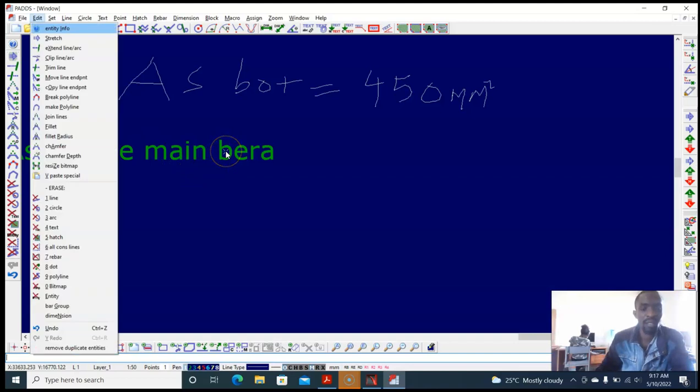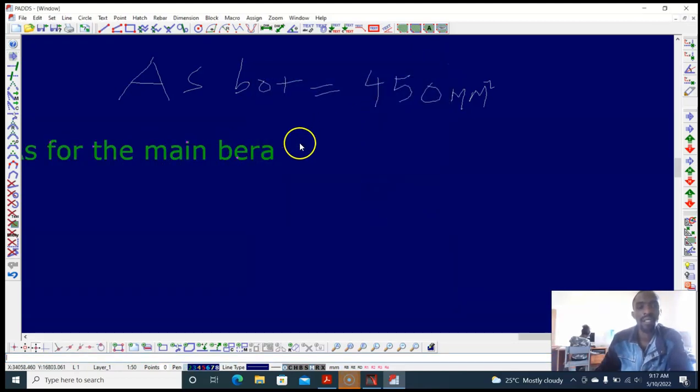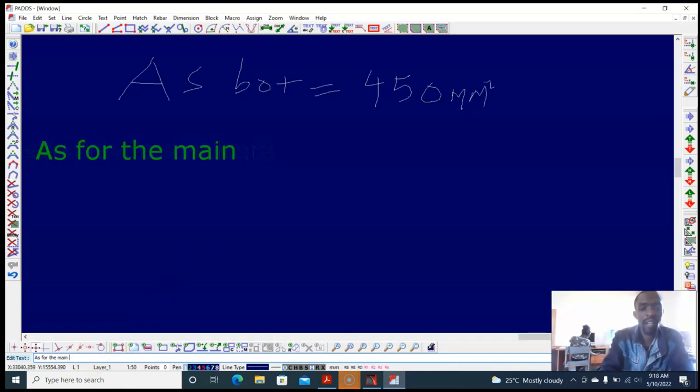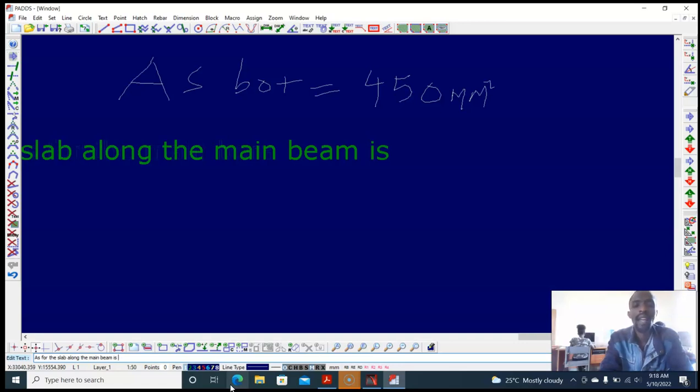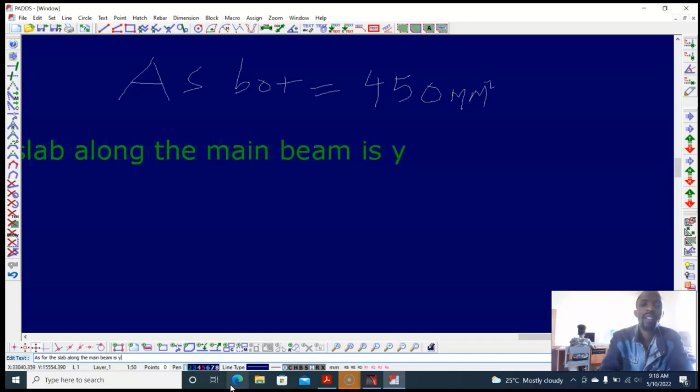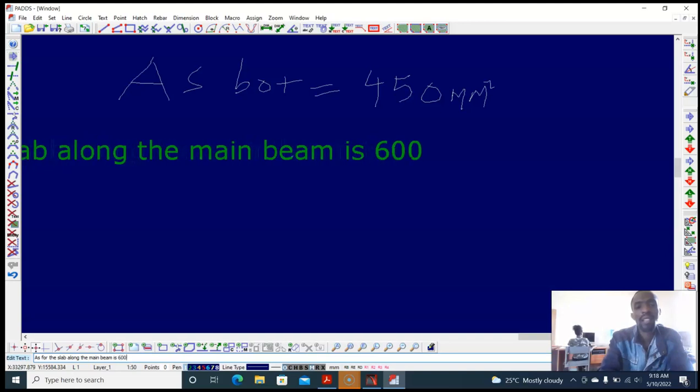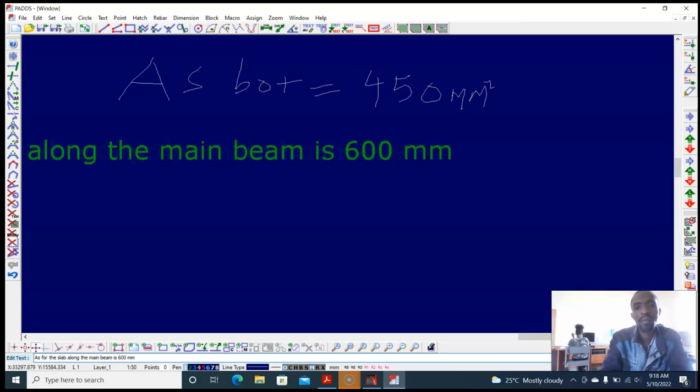So AS along the main beam, AS along beam is, let's say, 600. So let's say 600 millimeter square